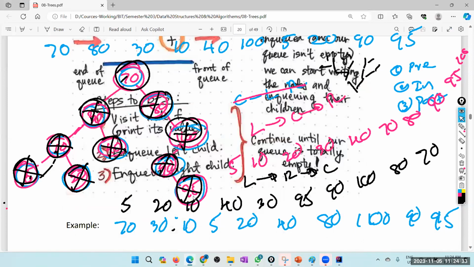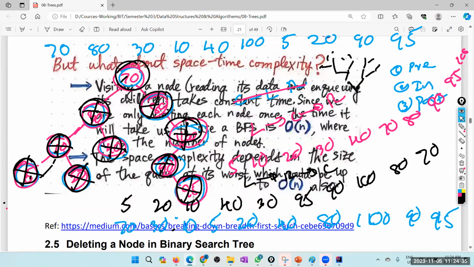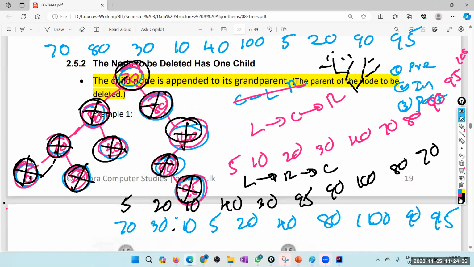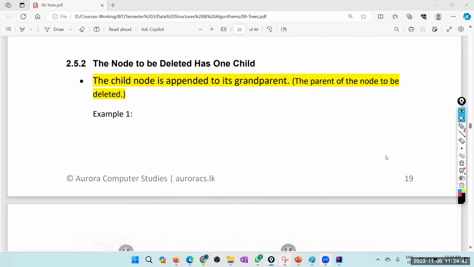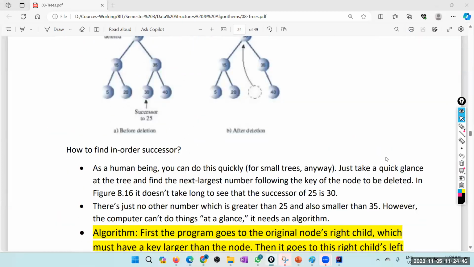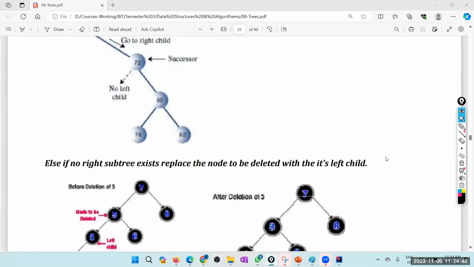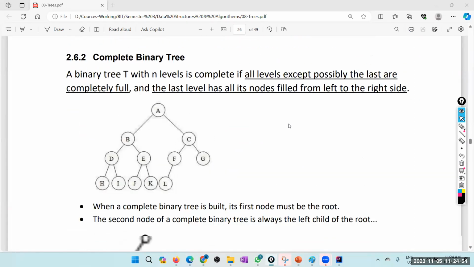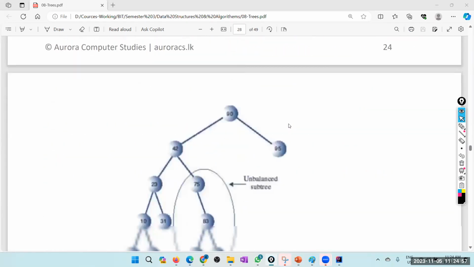So then we'll look at the breadth first traversing also using stack as well. So then how to delete, there we don't do coding, just the techniques or the logic. So then we are done with binary trees. So then we'll move on to the concept called full binary tree and complete binary tree. So then we'll move on to the